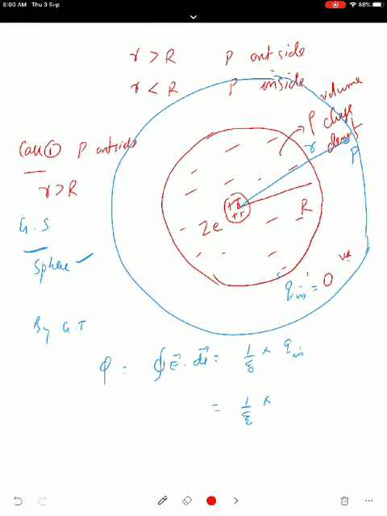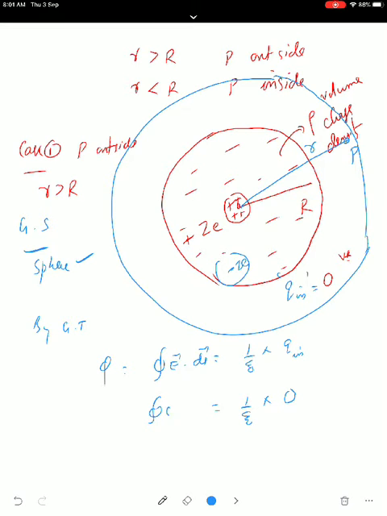So plus Ze is the positive charge, that is the nucleus. So what should be the negative charge which is surrounding it? Total negative charge should be equal to what? Minus Ze. Okay. So what is the positive charge? Plus Ze. So what is the negative charge? Minus Ze. So total charge is 0. It is already given in the question: the atom as a whole is neutral. So Q inside is equal to 0.